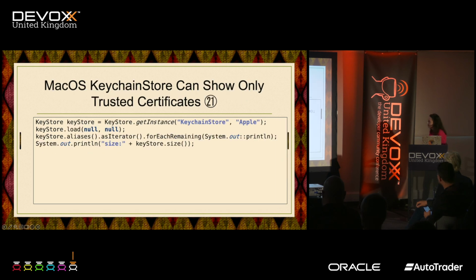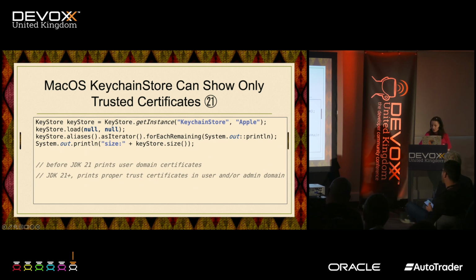Now, this is more close to my heart because I'm a Mac user, and I could probably demonstrate this one. There are a few changes with the macOS keychain store. So before JDK 21, only the user domain was considered when displaying the key store contents of macOS keychains. But starting with JDK 21, the macOS keychain store implementation exposes certificates with proper trust settings, whether in the user domain, admin domain, or more.